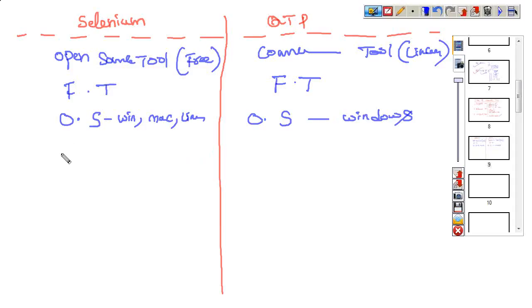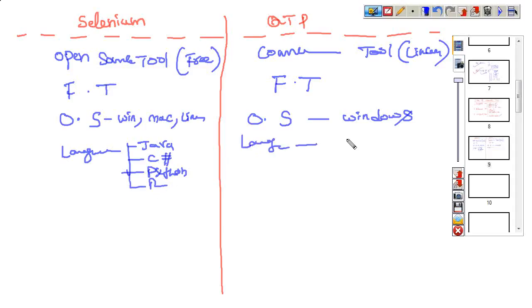Coming to the next point, Selenium supports multiple languages: Java, C#, Python, Ruby, like that many languages. But QTP supports only one language, VB script, by default.